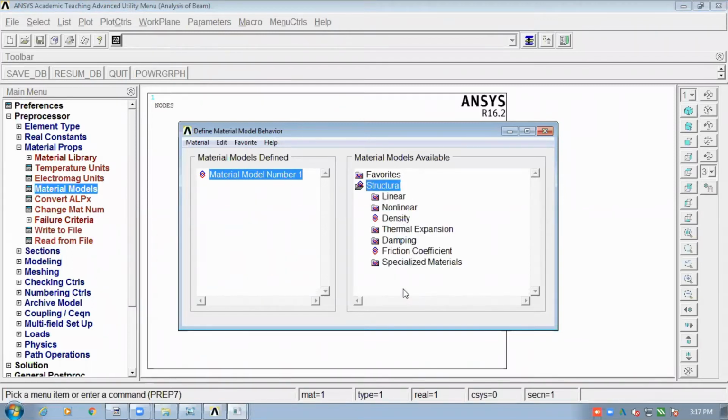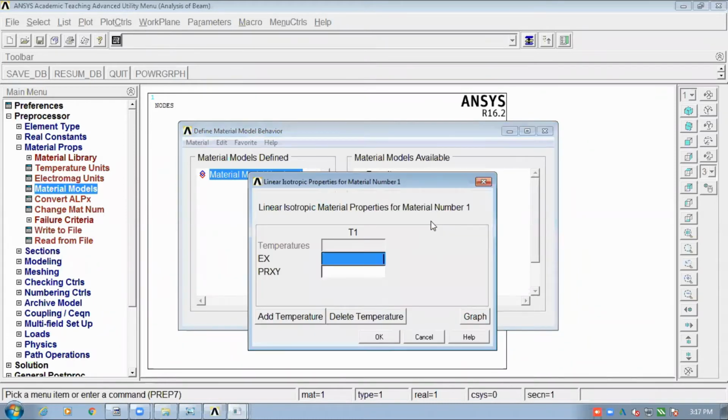I will go to structural and choose a linear material with elastic and isotropic behavior. The value of E is, as I told you, 200 gigapascal, that is 200 E9.